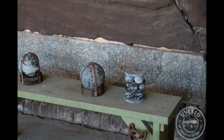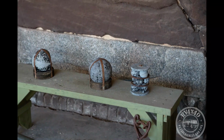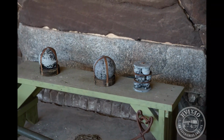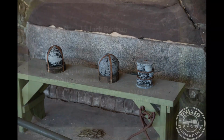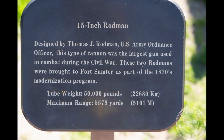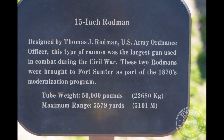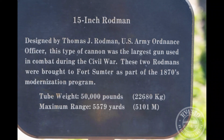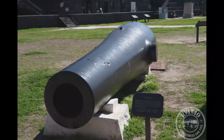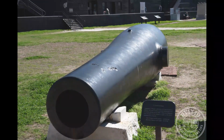After the war, the fort was in ruins, and the U.S. Army worked to rebuild it. The fort walls were lowered, having been severely damaged. From 1876 to 1897, Fort Sumter was an unmanned lighthouse. At the start of the Spanish-American War, the fort again underwent reconstruction with improvements to its armament, but the fort never again saw combat. It was deactivated in 1947, and in 1948 became Fort Sumter National Monument under control of